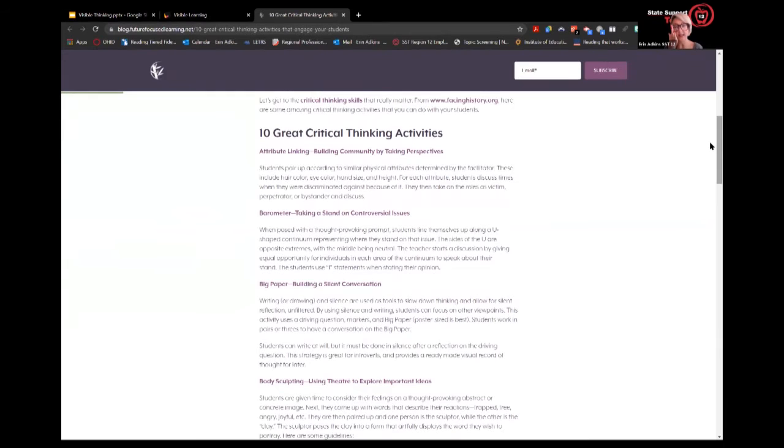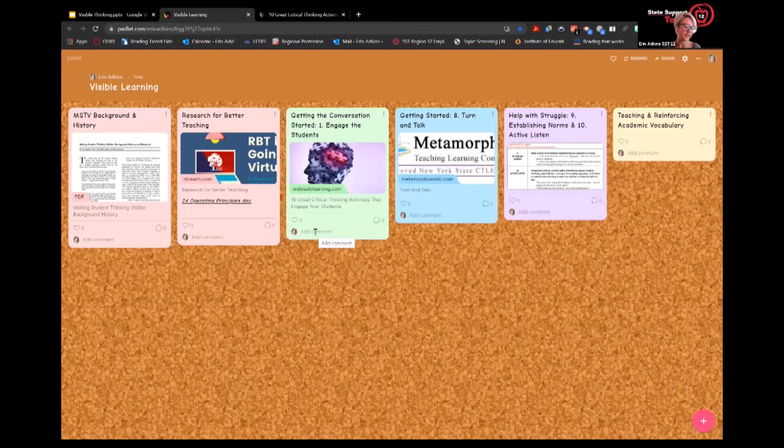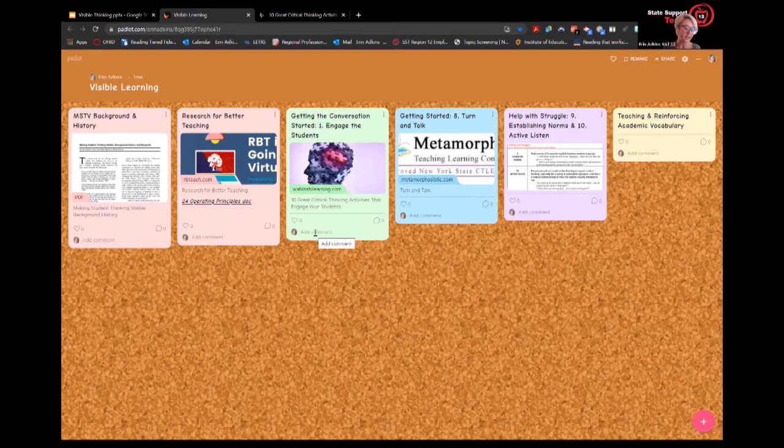And this is something that you are going to do independently. I'm going to give about 10 or 15 minutes or so for you to read over that. And what I want you to do is to come back to the Padlet and add on a comment. So I'm hoping that you will use this Padlet, bookmark it as a resource for you for the future for your classroom to be able to come back to and quickly access resources, different ways to engage your students in learning. So again, read the article,